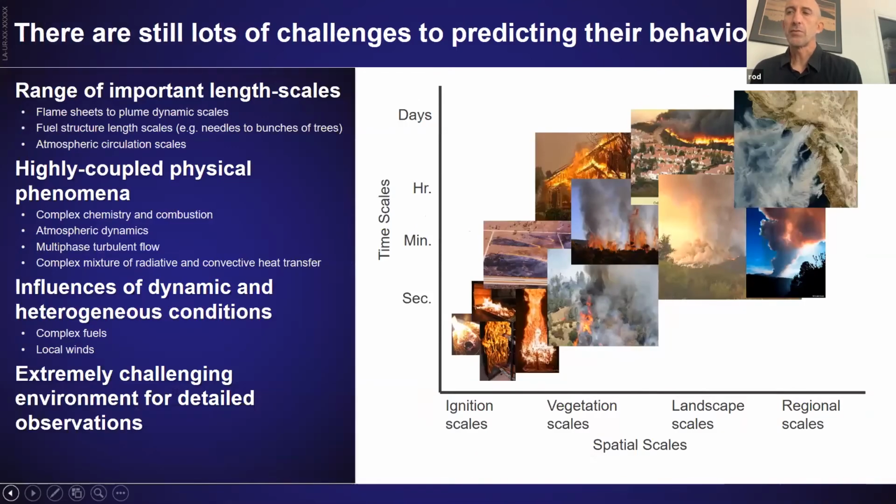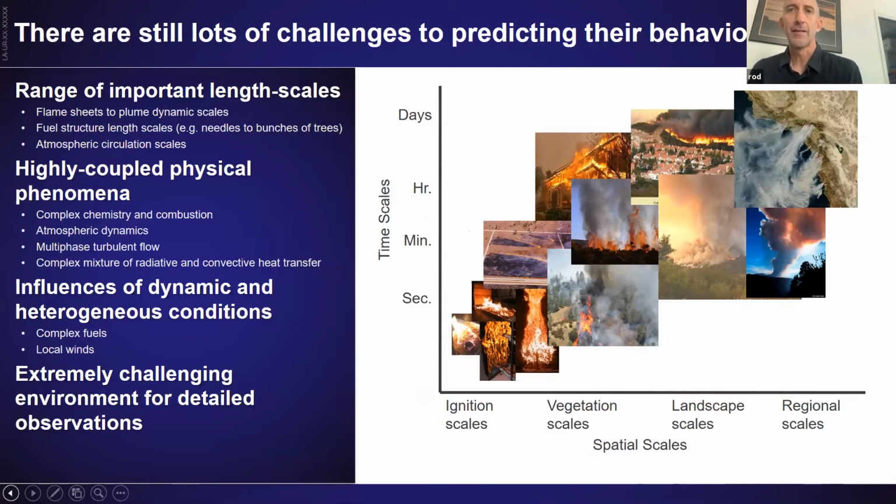So there's a set of challenges that really make this problem difficult. And this is true for wildland fire, but it's especially true for prescribed fire. The range of important length scales. This is taking things from the weather scales all the way down to the fuel scales and the heterogeneity of the fuel. If you've got bunch grass with spaces between the bunches, this is important when you come to low intensity prescribed fires,